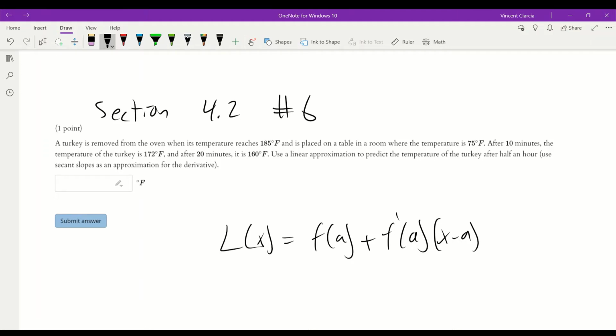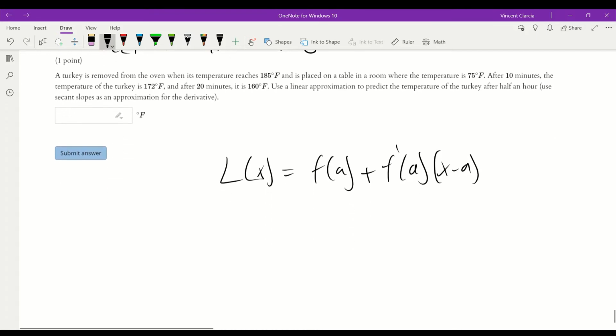This is section 4.2, number 6. It says a turkey is removed from an oven when its temperature reaches 185 degrees Fahrenheit, and it's placed on a table in a room with a temperature of 75 degrees. After 10 minutes, the turkey's temperature is 172, and after 20, it's 160. Use linear approximation to find out the temperature after a half hour, and then use the secant slope as an